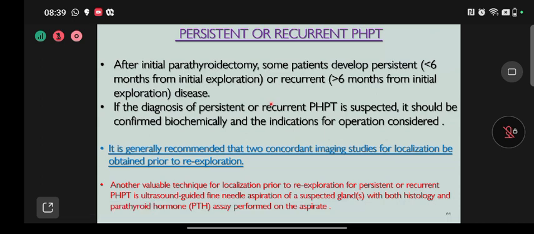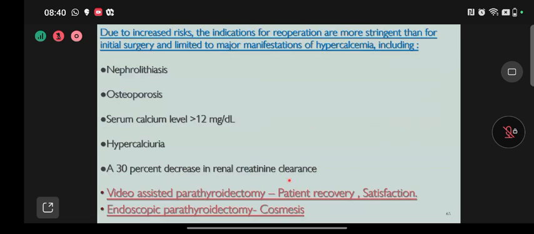It is generally recommended that two concordant imaging studies for localization should be obtained prior to re-exploration. Another valuable technique for localization prior to re-exploration for persistent or recurrent PHPT is the ultrasound guided FNAC with both histology and the parathyroid hormone assay performed on the aspirate. So FNAC also has the disadvantage. Due to the increased risk, the indications for reoperation are more stringent than for the initial surgery, and